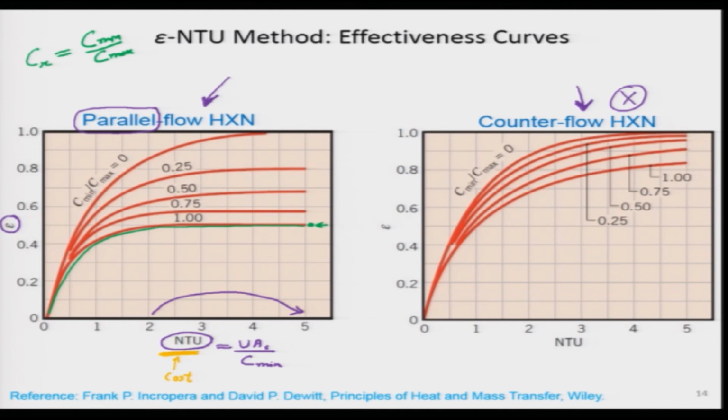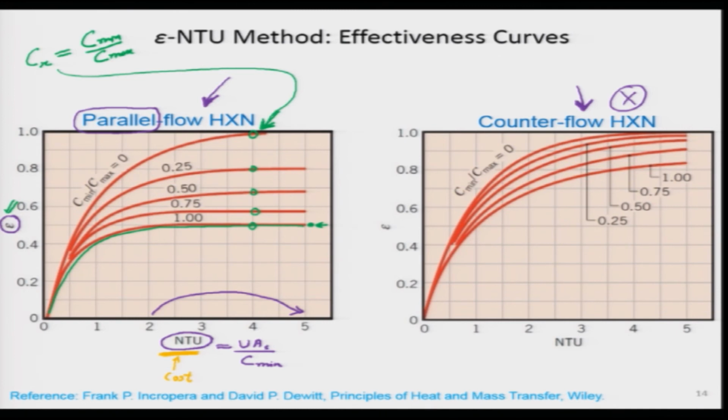Is it the best case or the worst case? I would say that for almost all NTU value, for a given NTU value of let us say 4, I can have this or this particular point. Which one would I prefer? I think I should go for highest heat transfer rate. So, I want very high epsilon, I should be in this particular zone. What it tells essentially is that our CR value as close as 0 is much better.